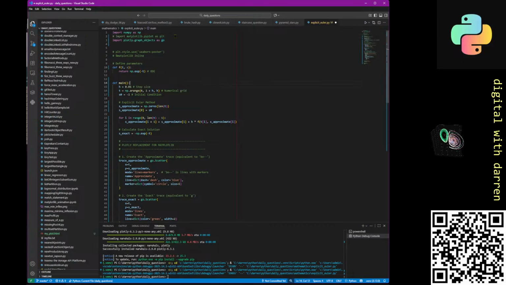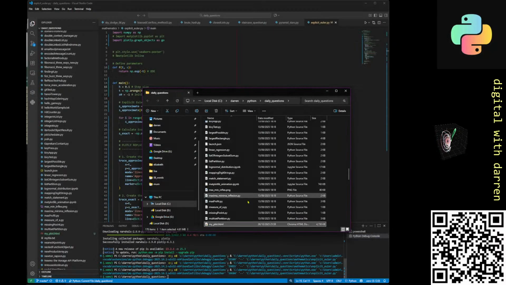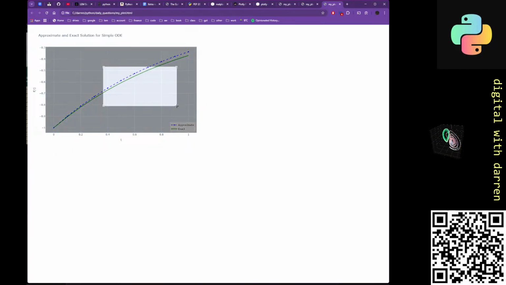If I was to change this time step back to 0.1 here, and then do F5 to run it, and then reopen that. So we open the plot, we can see the differences are,